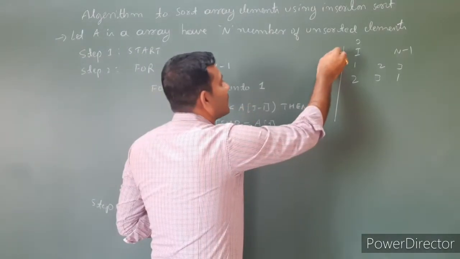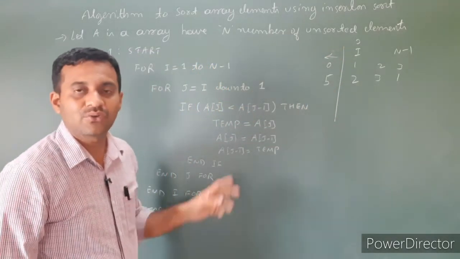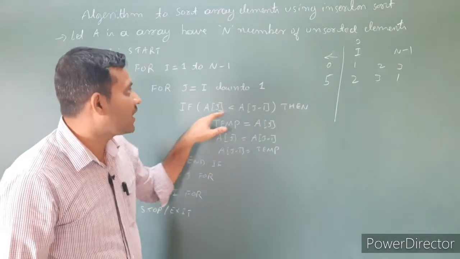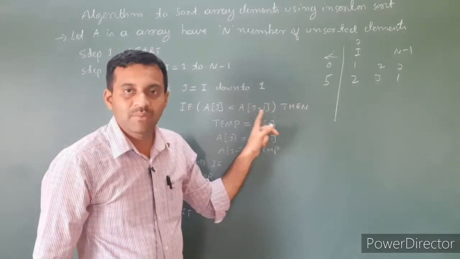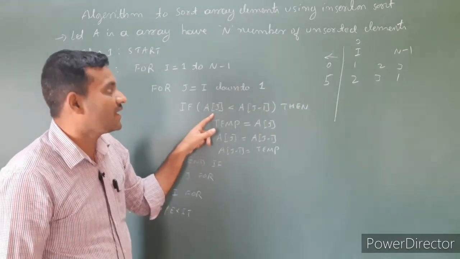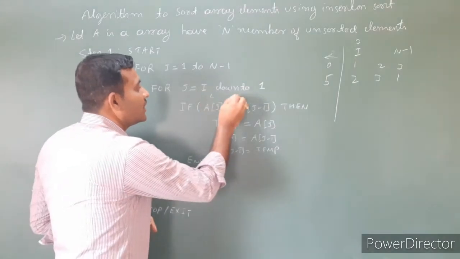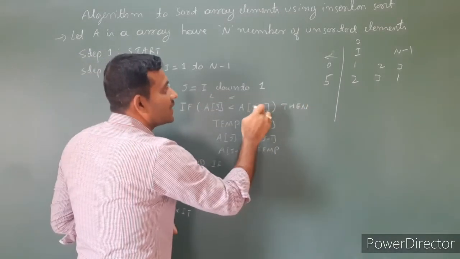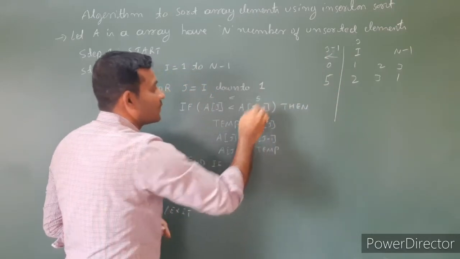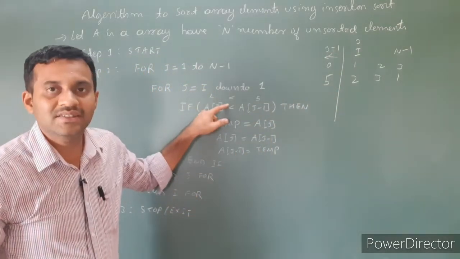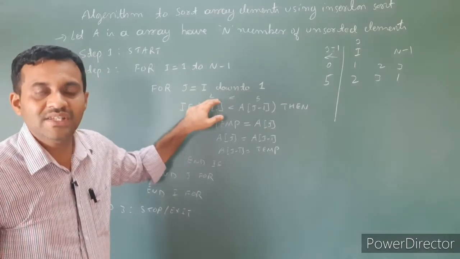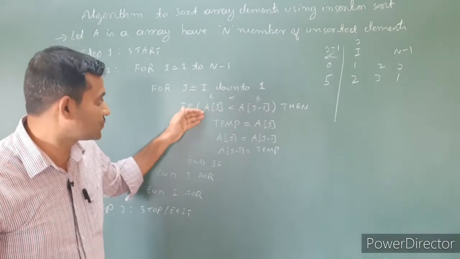So it moves like this, down to 1, because here we use j minus 1. If the j value is 1, what is the value of j minus 1? It represents the 0. Here a of j represents 2, is less than a of j minus 1, which represents the 0, that is 5. We have to compare 2 less than 5. If the condition is true, 2 is less than 5, then we have